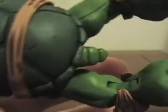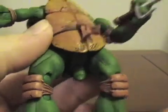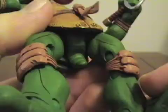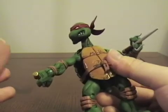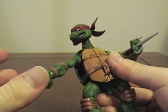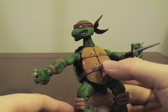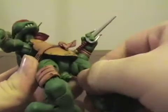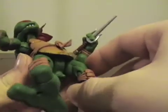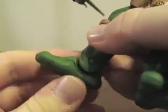His legs are double jointed. Don't really want to move them because they're a little tight, and actually, sometimes the paint gets stuck. If the joints are stuck, take the turtle, stick him in the freezer for about 30 minutes, maybe 20, and take him out and move the joints, because I could easily see some of this plastic ripping. And the feet, they can sort of angle,